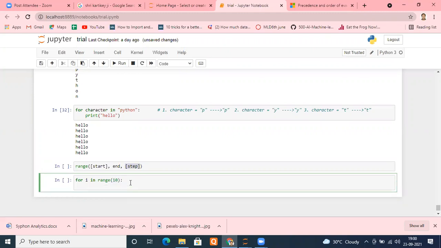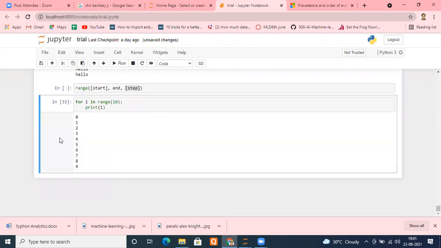See, I'm printing just i, to see what numbers it is generating. Same way, it is going to generate numbers from 0 to 9. In the first iteration, the value of i will be 0, so we get 0 here. In the second iteration, the value of i will be 1, so 1 will be here. Okay, so I'm running this. You can check it out, please.